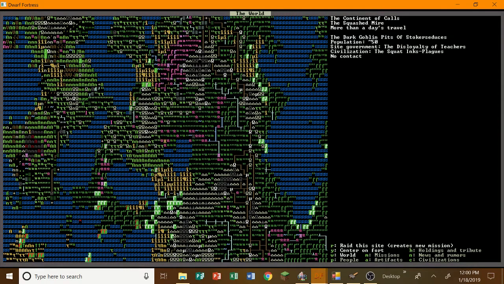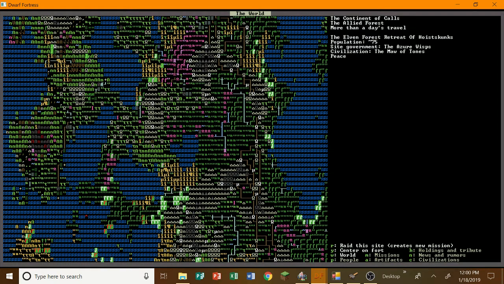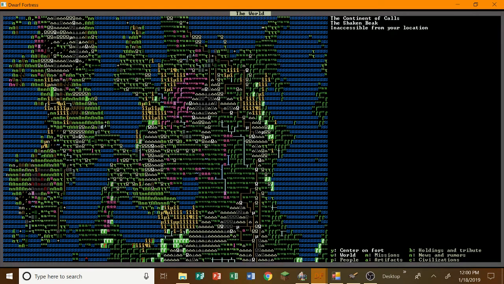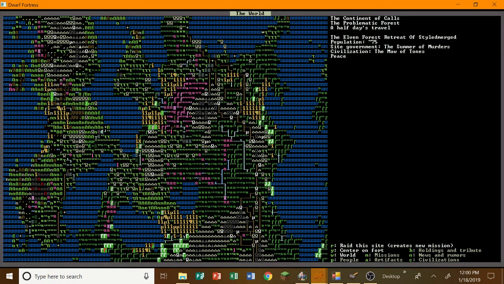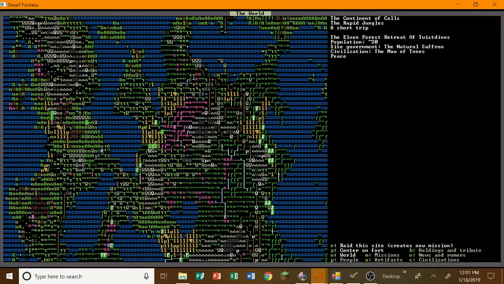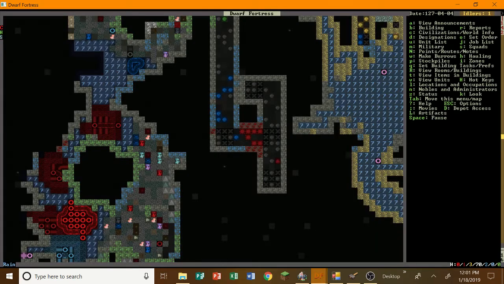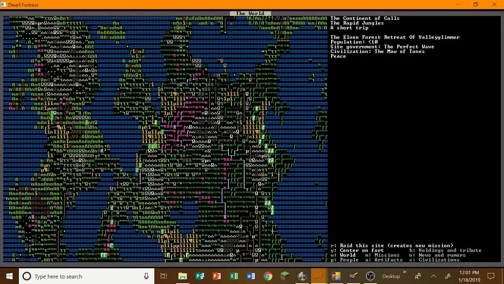It seems like there's quite a few of them, too. I don't know. We were just going to attack elves, but maybe to get ourselves started up, we might want to take on some goblins first. Actually, no. Elves are pretty simple and easy. You know what? Let's take out this Elven Forest Retreat. I'm going to raid it. Alright, we're going to set a raiding party. So, we are going to raid... Wait a minute, let me go back here. Let's see here. So, we want to raid this place right here, the Elven Forest Retreat of Valley Glimmer. So, let's raid...